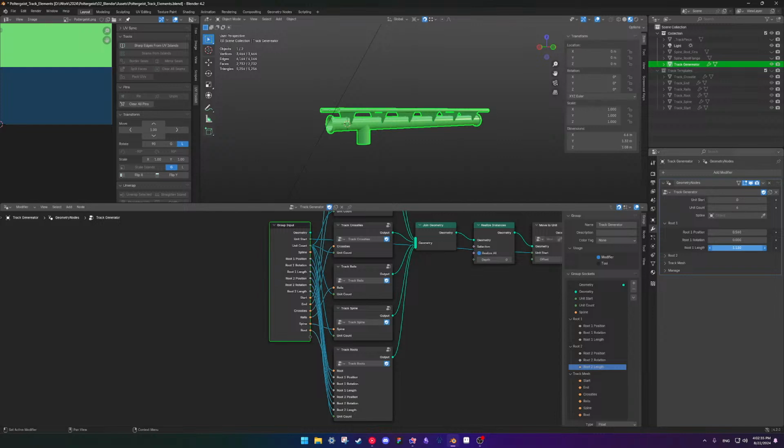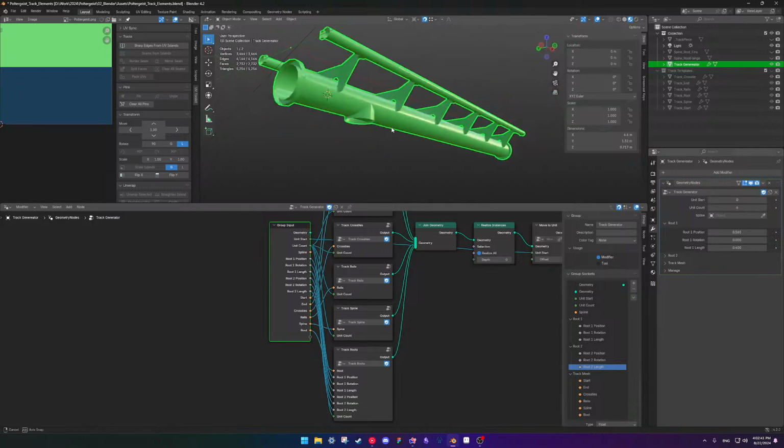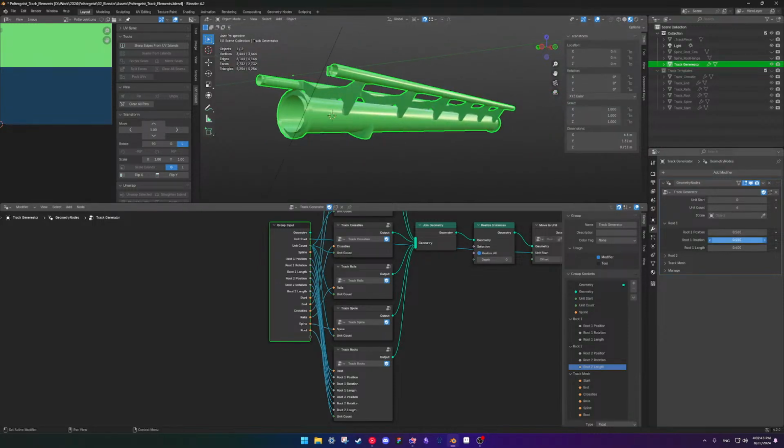Ah, because the length is 0. Got it. All right. Nice.